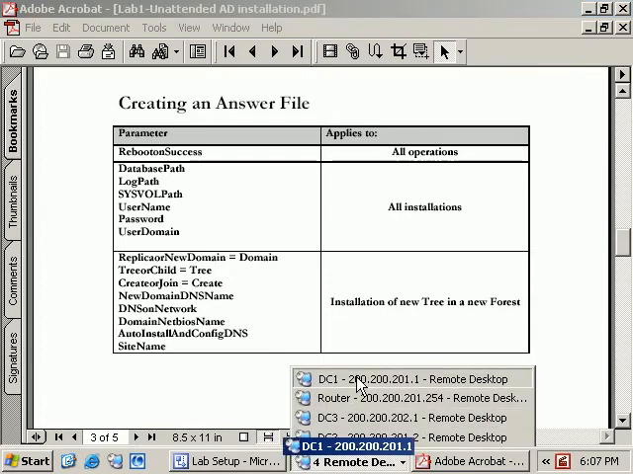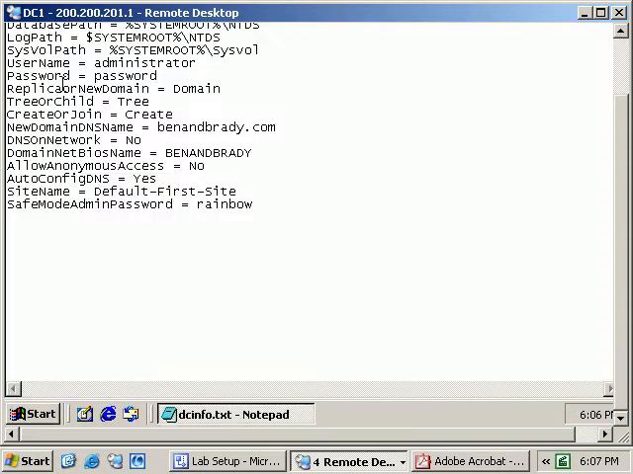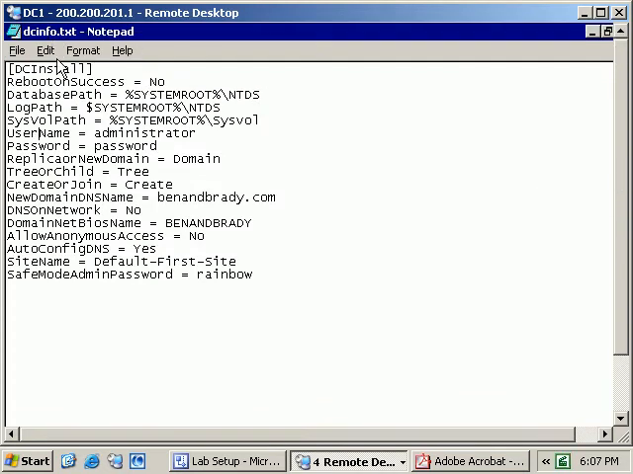Once again, the answer file is on the root of the C drive of DC1. So let me take you over there. And I've called the answer file dcinfo.txt. You can of course call it whatever you want. And here we go. Reboot on success equals no, database path. Now instead of calling it the C drive or the D drive, what we do instead is use a variable called %systemroot%. In other words, what this means is that wherever Windows Server 2000 has been installed,